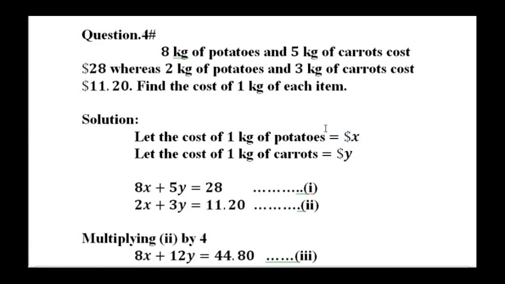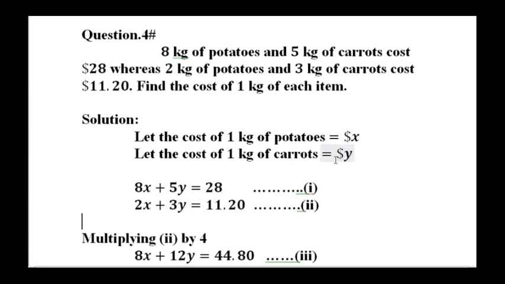Question number 4. 8 kg of potatoes and 5 kg of carrots cost $28, whereas 2 kg of potatoes and 3 kg of carrots cost $11.20. Find the cost of 1 kg of each item. We need to find the cost of 1 kg of potatoes and the cost of 1 kg of carrots. So let's suppose the cost of 1 kg of potatoes is X dollars and let the cost of 1 kg of